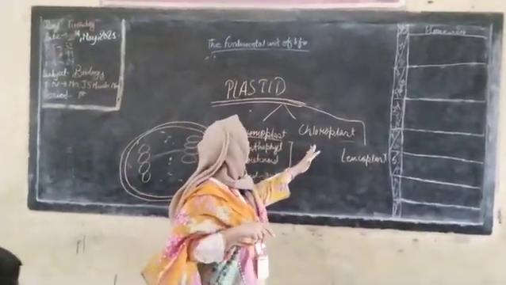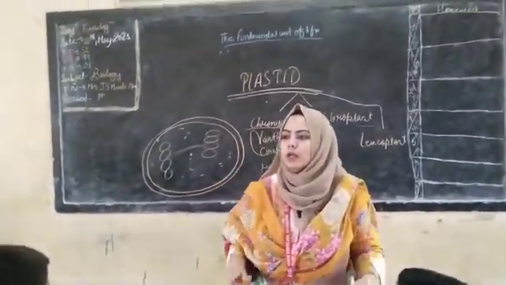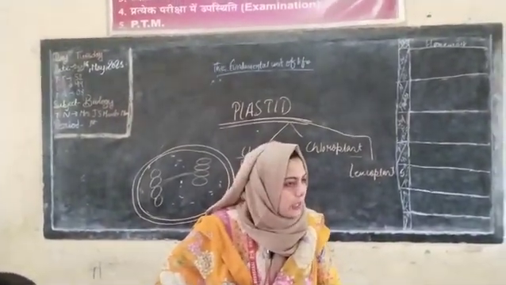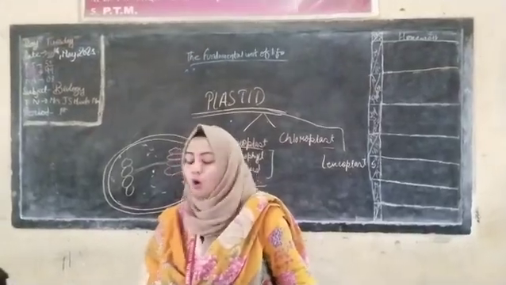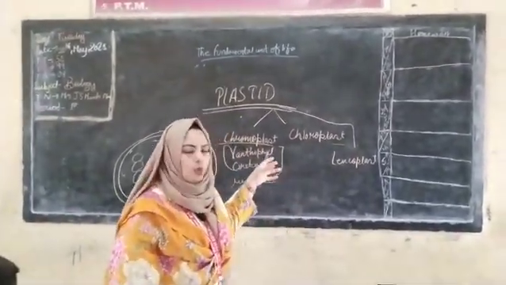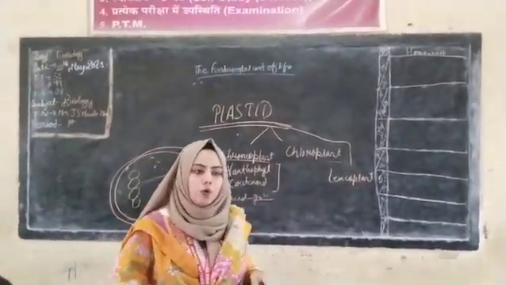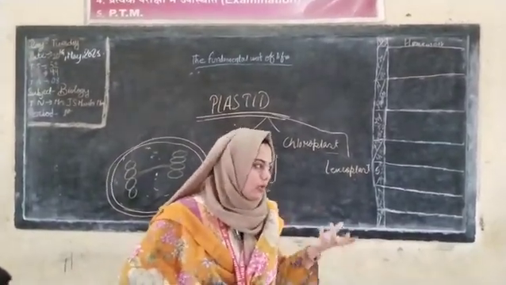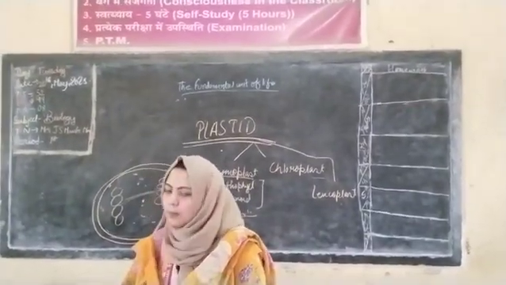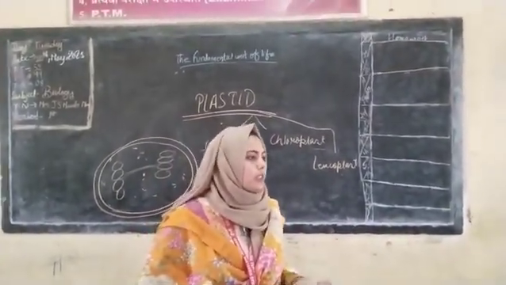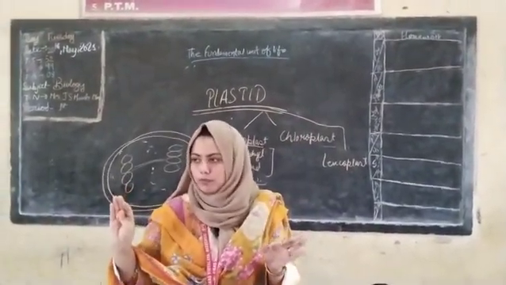Moving to the next type of plastid, that is chloroplast. Chloroplast is a very broad term which is filled with a specialized pigment that is known as chlorophyll, which all of you are well aware of. Chlorophyll क्या है? Chlorophyll एक ऐसी pigment है जो कि chloroplast में present होती है and because of the presence of chlorophyll, we can see the plants as in green shade. And due to the presence of this chlorophyll, the plants are able to synthesize their own food via the process of photosynthesis. Right students, all of you are aware of this fact.